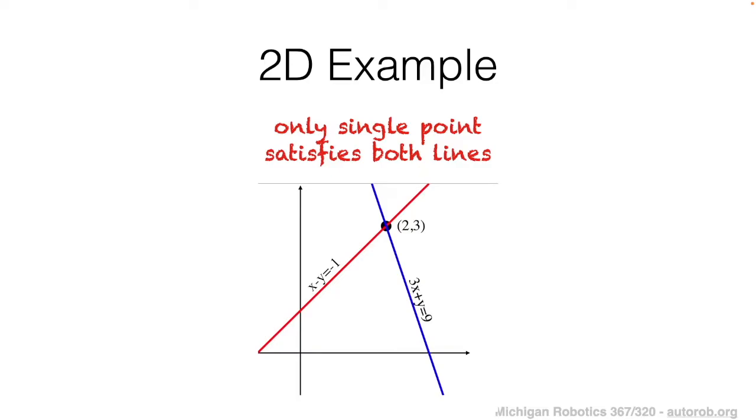One for each of these lines instead of three. And so within this plot, you can see that the lines intersect at this point, 2, 3. And so what that is actually indicating in this visual sense is that the intersection of those two lines would be a solution to the linear system of equations. And so if you were to plug in 2, 3 into both equations, you would have a valid